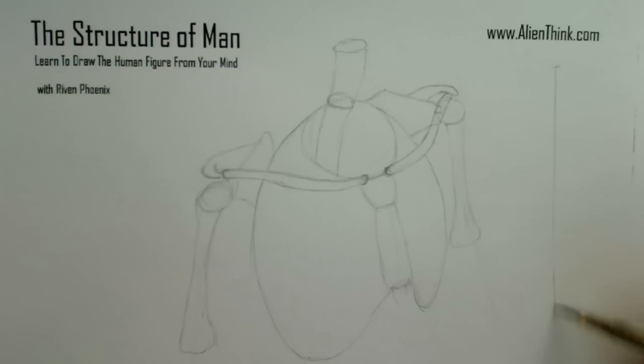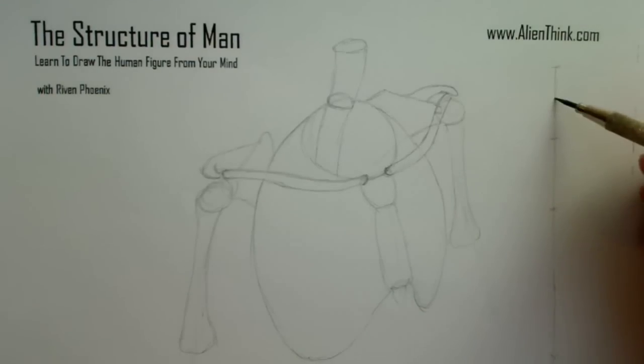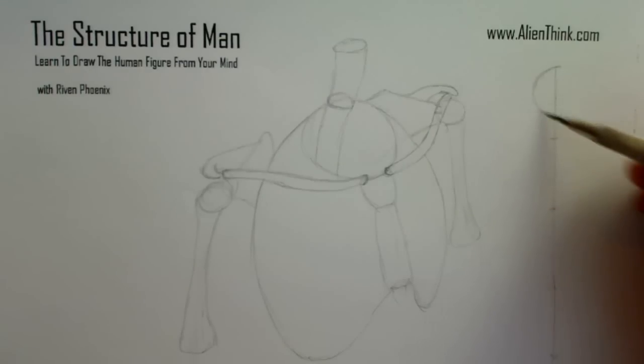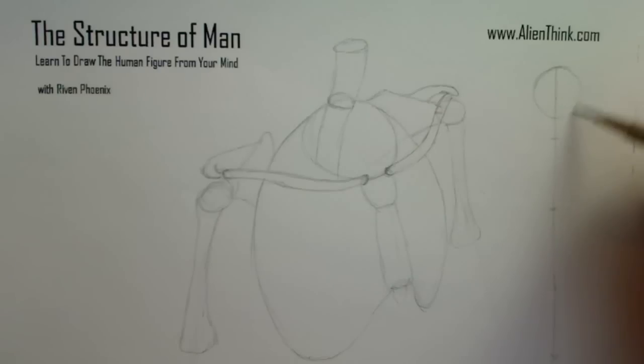I can actually go down a little more over here. So let's say we're just drawing the upper half of the body. This is the line for the bottom of the pec, this is for the bottom of the chin, and this is the navel, right? So over here we already know, if we just visually sketch this out without too many lines, right? Just a different kind of drawing process here. It's a little cleaner.